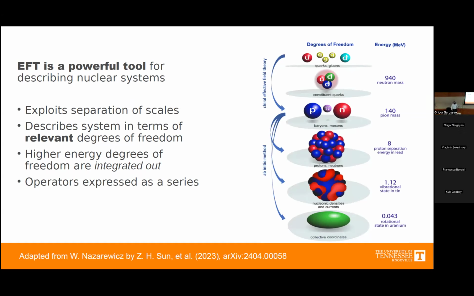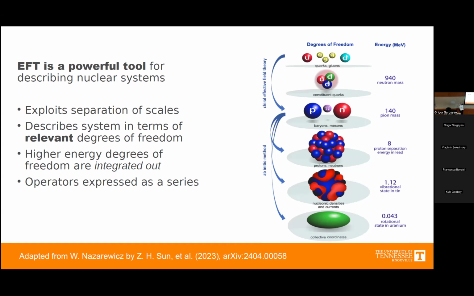And one of the reasons that it's so broadly applicable is the way that we exploit this separation of scales, which occurs in many systems,